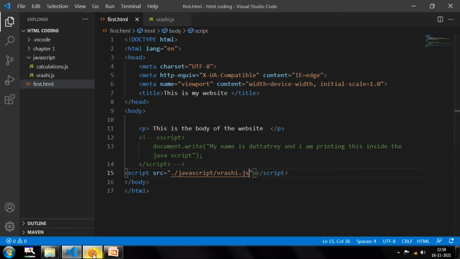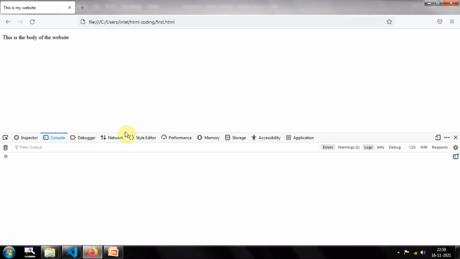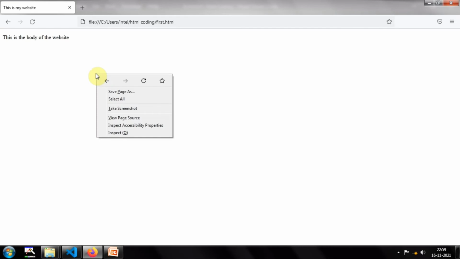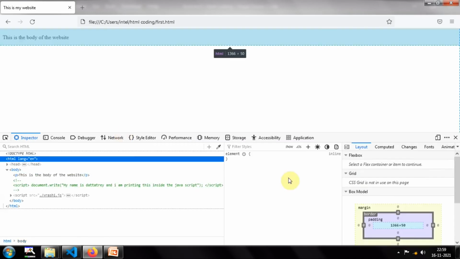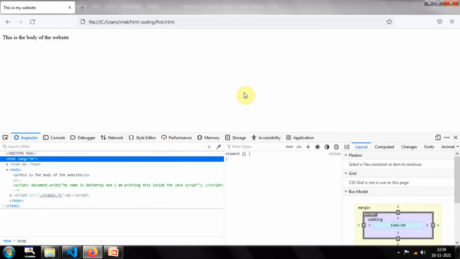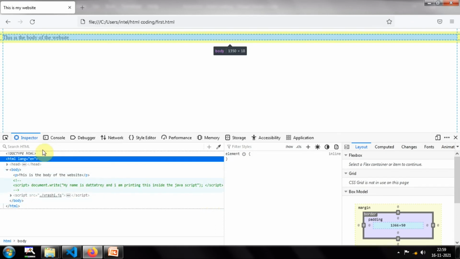So now I will again go to the console here. I have opened the console, guys. I'll just show you how to open it. Right click on your mouse, then go to inspect. The layout will be somewhat different if you are using Chrome, but I highly recommend you to use Firefox because it has more developer options than Chrome. You'll get this window.